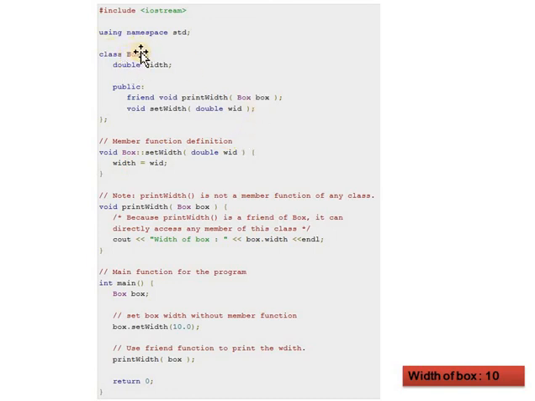It is a friend, so it is called directly. And here the width of the box is displayed. In the main function, the object of the class is created, and by using the object, the functions are called. When you execute this program, you will get the output as width of box is 10, because here width is passed as 10.